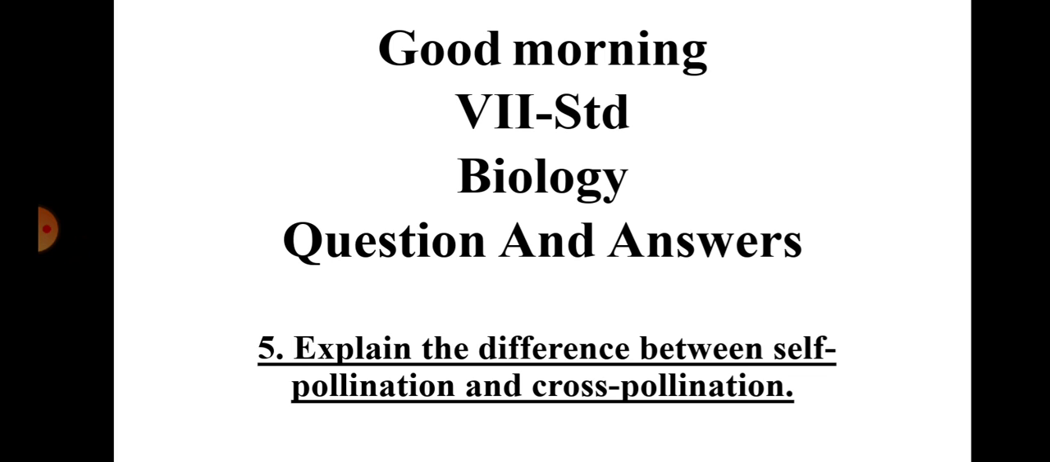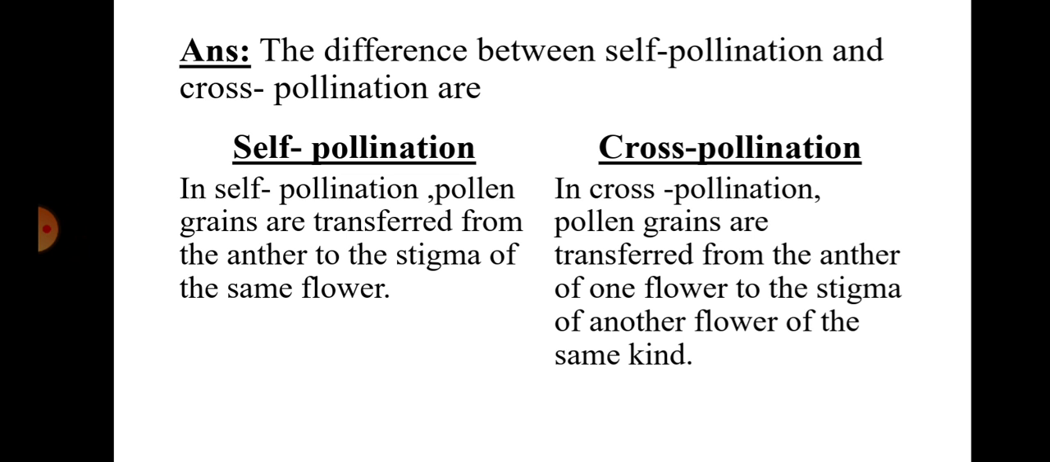The fifth question: explain the difference between self-pollination and cross-pollination. Okay. Answer. The differences between self-pollination and cross-pollination are: heading,